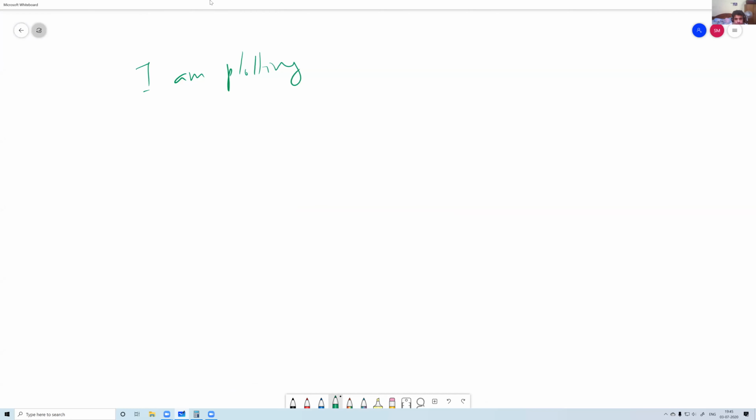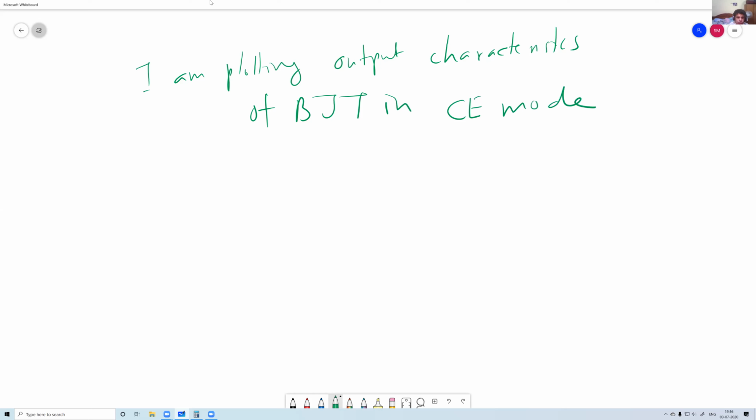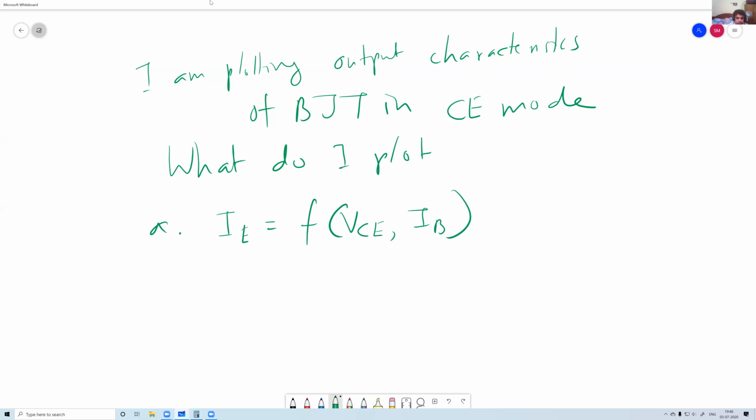One question could be very common, like: I am plotting output characteristics of BJT in CE mode. So what do I plot? Option A is IE as a function of VCE and IB. B could be